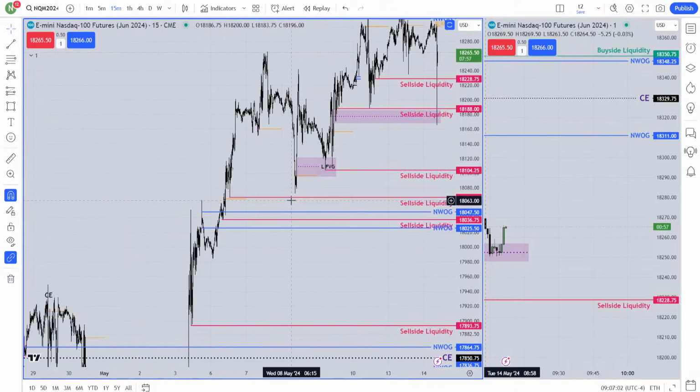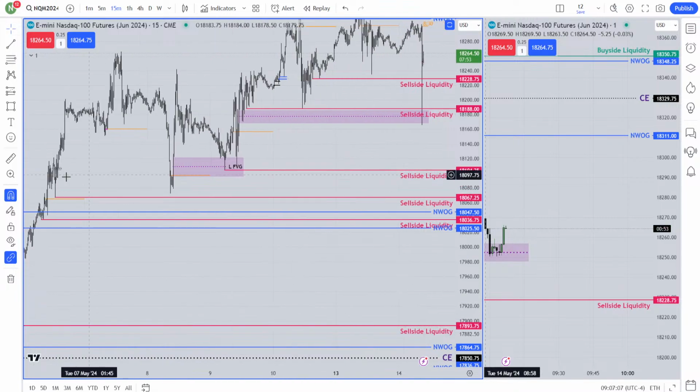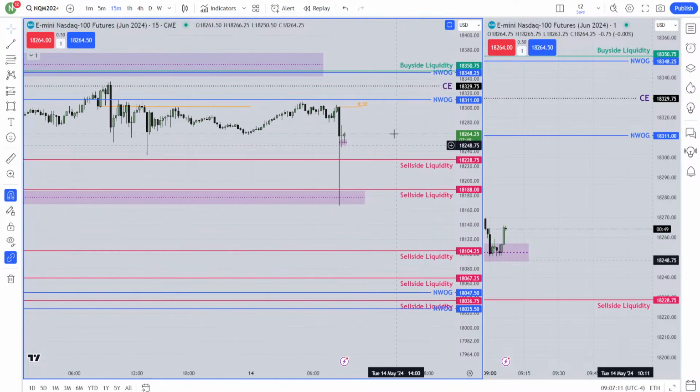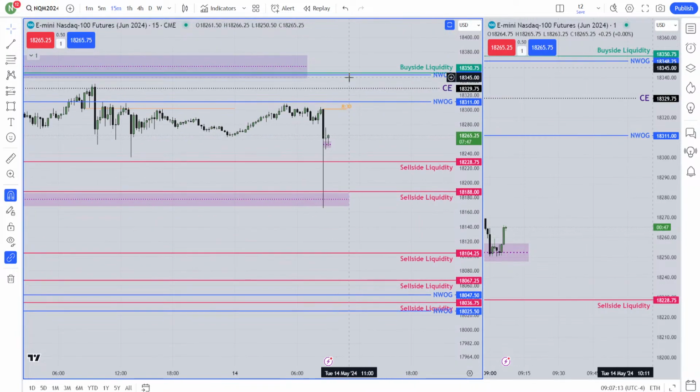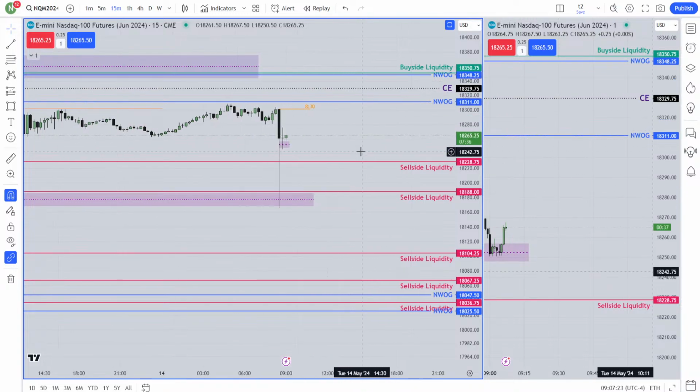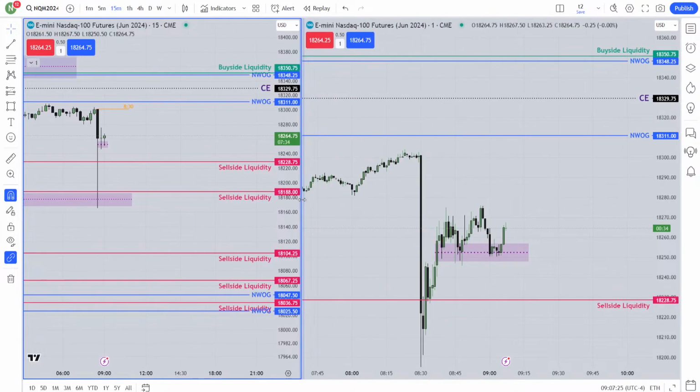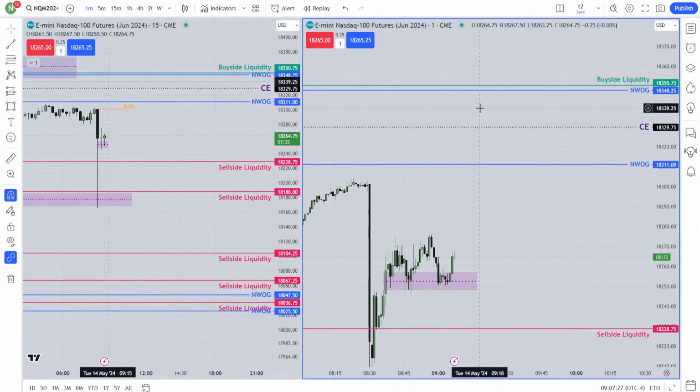This low, that low, this low, finally that low. So all of these relatively equal lows will be the target for CPI. I really would love to see that the market will go for that buy side liquidity, and it will. Even if it fails to take that buy side liquidity today, it will reach around inside this new week opening gap at least. Okay, so I'm expecting that the market will go for the whole day, it will be bullish.